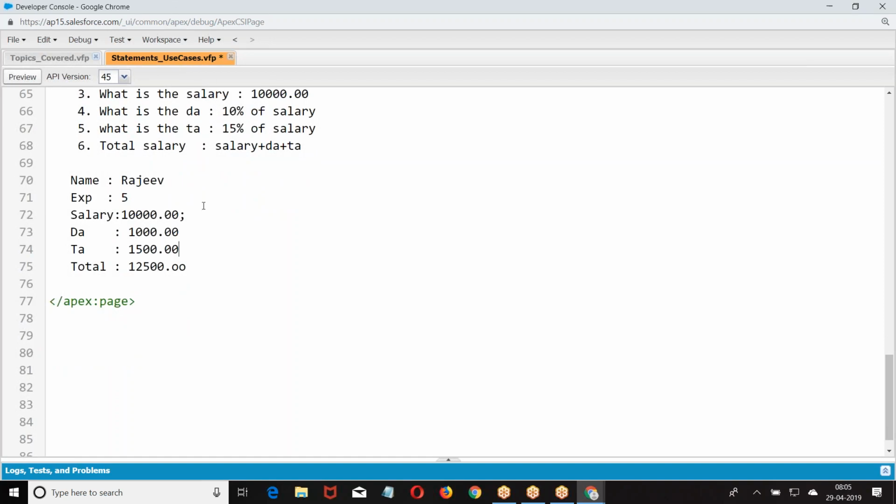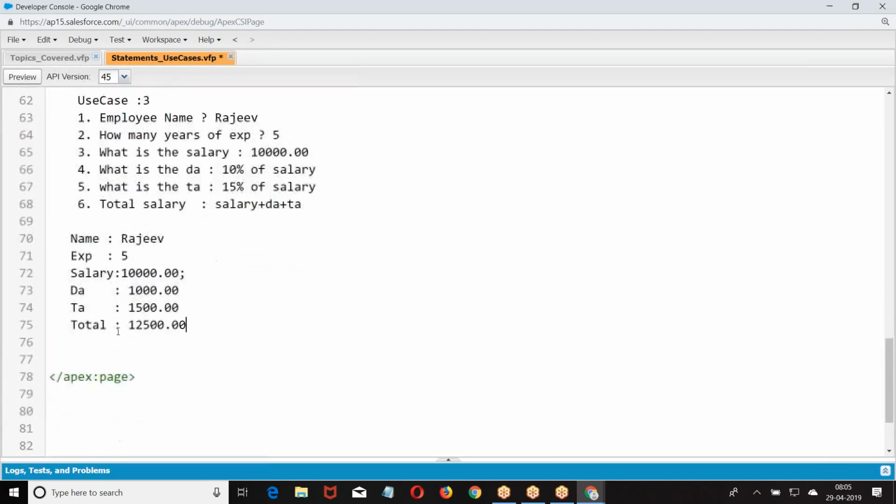What have we done? Tell me what is the data involved here. So here we had name. It is going to be a string, and the user is going to enter it.